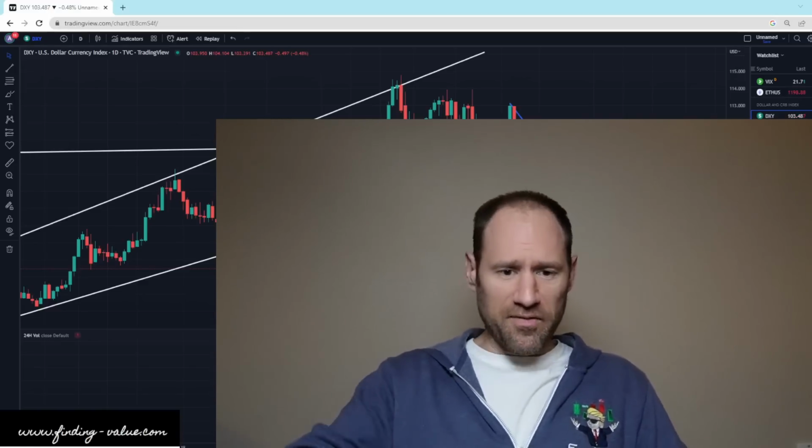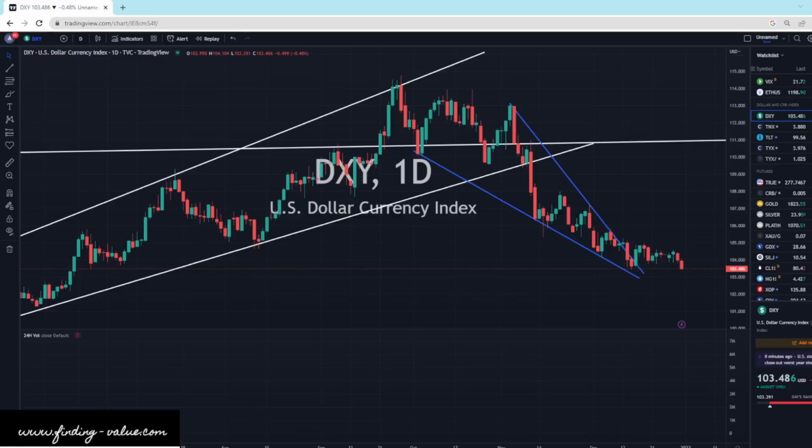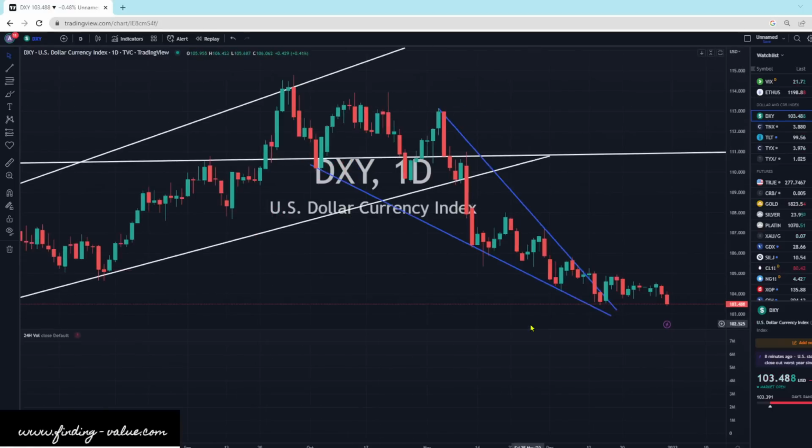So let's dive in. Let's start with the dollar. Again, this is the DXY. DXY is just a relative strength of the dollar versus other currencies. Remember, basically all of these commodities are priced in dollars. So the numerator, the scarcity of the commodity, is what drives prices up and down. But the entire commodity complex gets priced up and down based off of the value of the dollar.